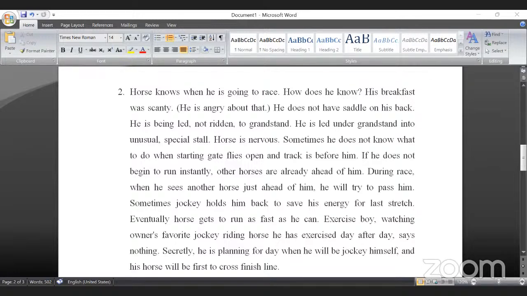Secretly, he's planning for the day when he will be a jockey himself. "The day", right? That particular day we are referring to. There's a definiteness and particularity involved there. So he's planning for the day when he will be